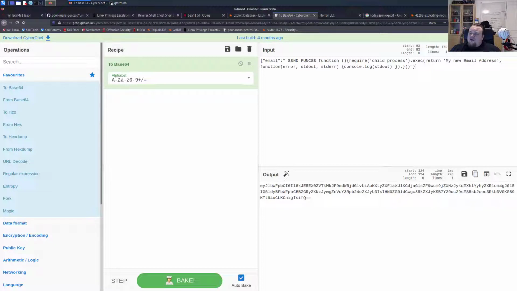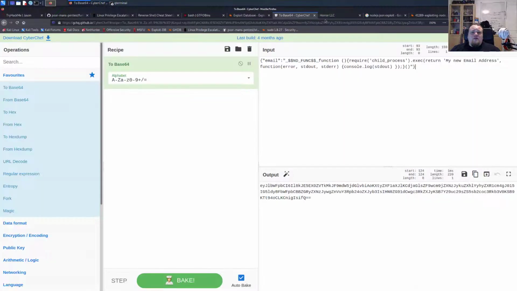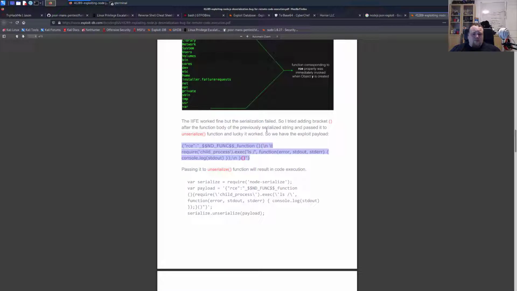Well, one of the payloads that works for us, I think it's the same as this I'm looking at. Where was it? That one here, which basically says that the